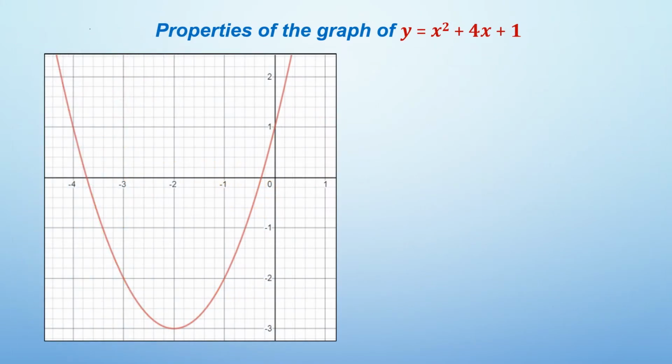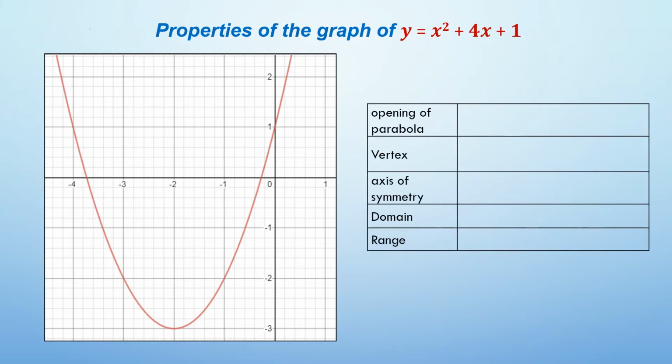So here are the properties of the graph of y is equal to x squared plus 4x plus 1. The opening of the parabola is upward, since a is greater than 0. The vertex is at point (-2, -3). It's the minimum